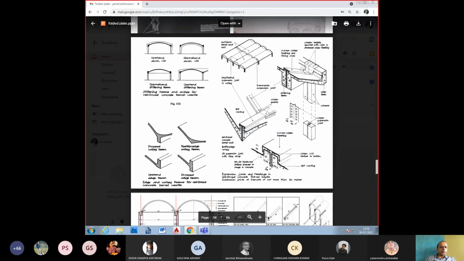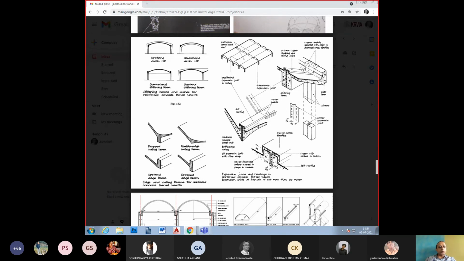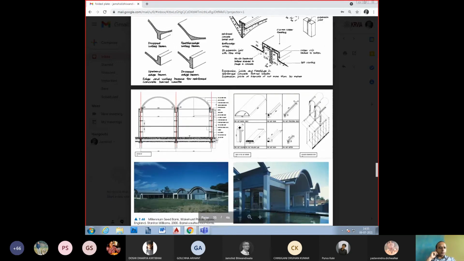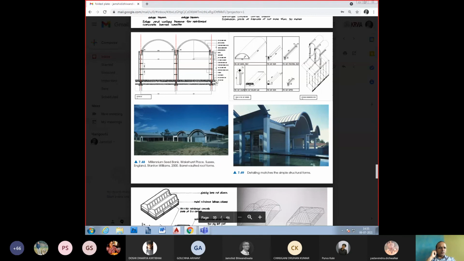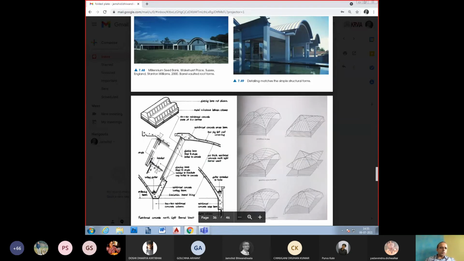So at the edge, the shells can have a plain valley, where the beam is not visible, or you have a beam which is prominently visible, or you have an upturn, particularly at the corners, where the water can come off and form a gutter also. Or it can have an upturn as well as a downturn beam, with the gutter at the periphery, so from the sides you don't feel the presence of the shell itself, right?